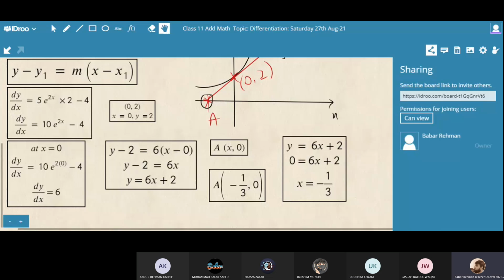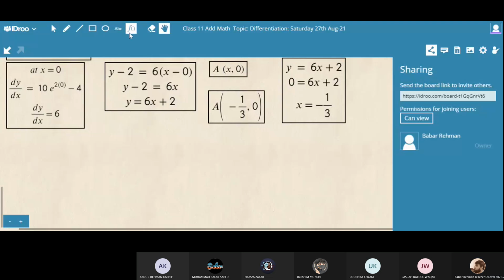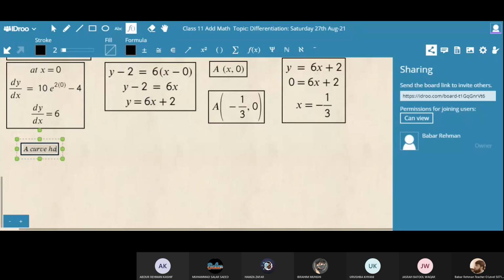Okay, now get ready with the next question. Before going, I write the question, then you come to know. A curve has equation. Now you have to do this question, okay? Y is equal to x e power x. Okay, and